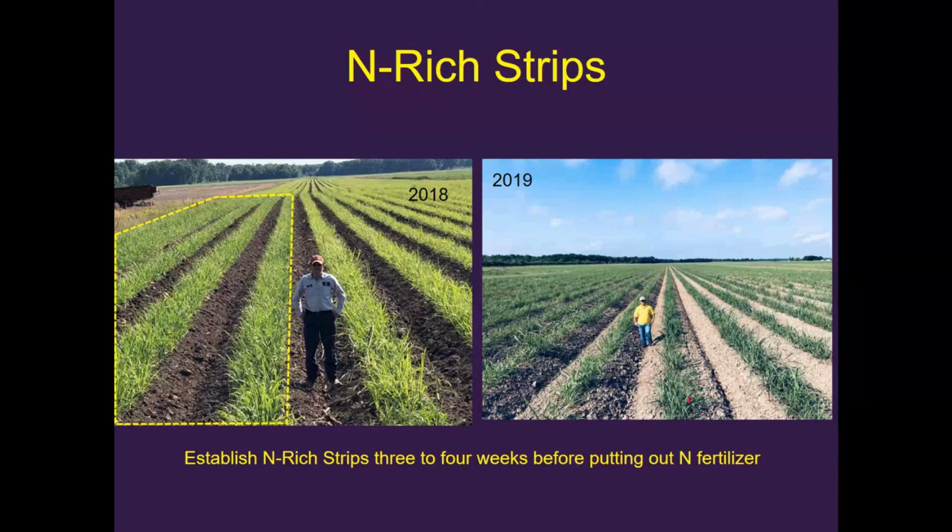before your scheduled fertilizer application. So a picture here shows the nitrogen enriched strip in 2018, where Kate is standing beside it. It's quite showing, and this one is in 2019 as well. So once you see the nitrogen strip being greener than the rest of the field, that's an indicator that there would be a benefit coming out from nitrogen fertilizer. How much and where we should apply it, the variable rate technology with the remote sensing will do